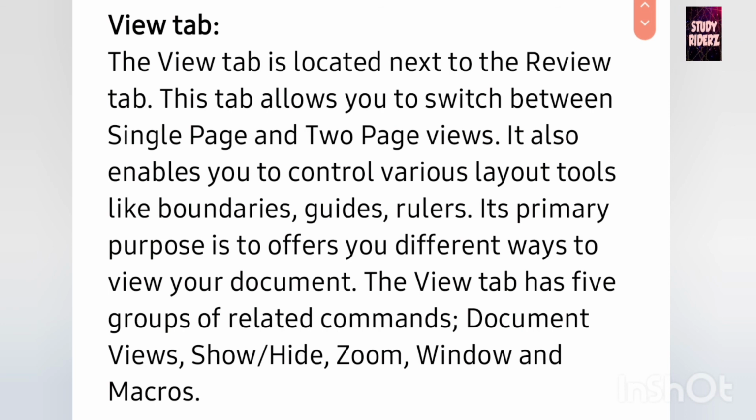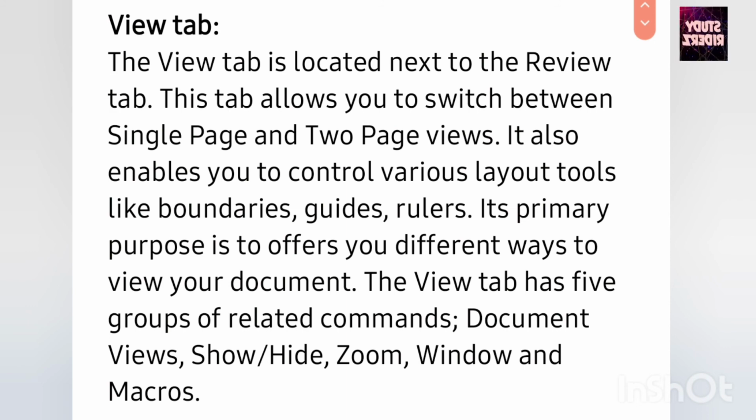Next one, view tab. That view tab is located next to the review tab. This is one of the tabs of ribbon tab, and this is the default tab of MS Word. This view tab helps you to switch or move between single page and 2-page view. You can see in single page or 2-page.